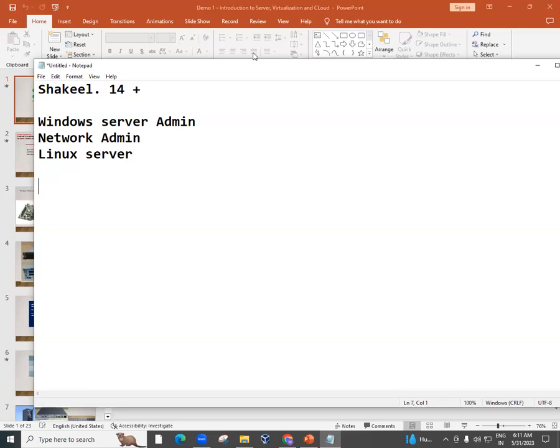Then, I did my security part. Security means, there is a device called firewall. Firewall protects your network actually. So we should know what is a firewall. Okay, how we can provide security by using firewall and all those things. Okay, so I did my security part also. Then